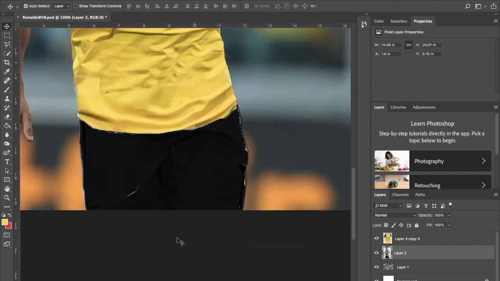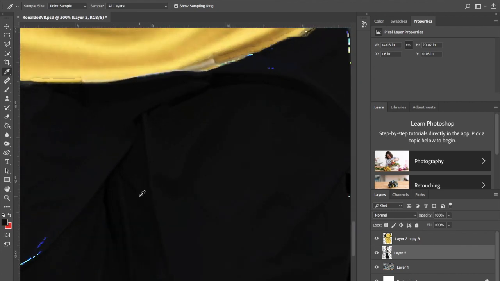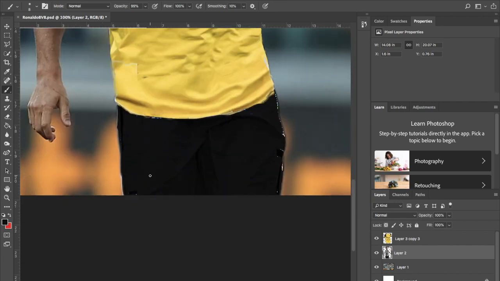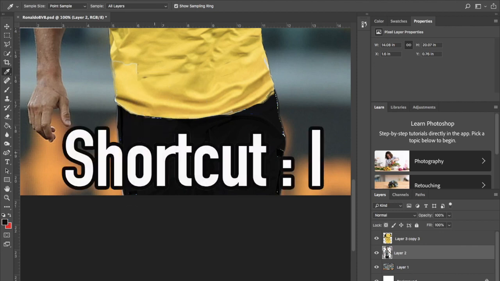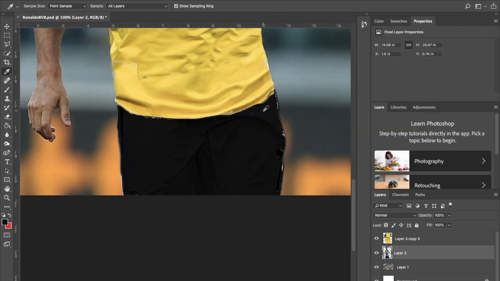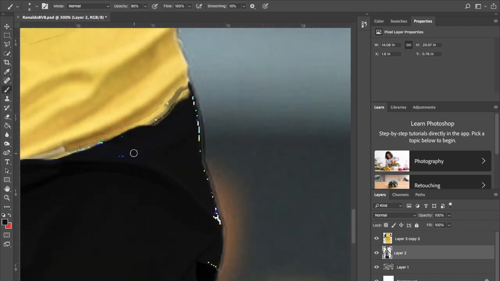And as you see on the pants, there is a little area of this weird blue that happens when you turn the contrast down a lot. I'm just gonna simply go over with my brush, which the shortcut for that is just B, and if you press I, an ink blot comes up and you can select the color. You see now it's making yellow, black, and if you want to just manually select your color, go over to the square at the end and you can go select your color, whatever you want, but I'm just gonna use the ink blot tool to quickly